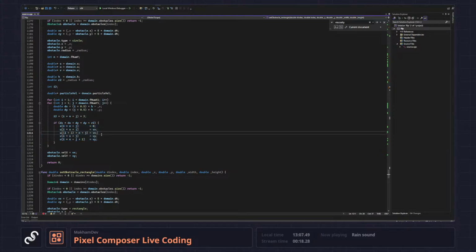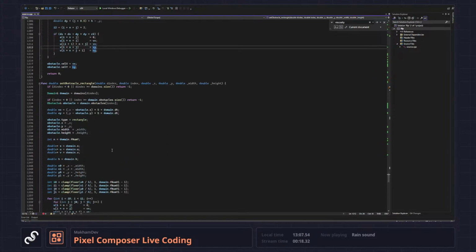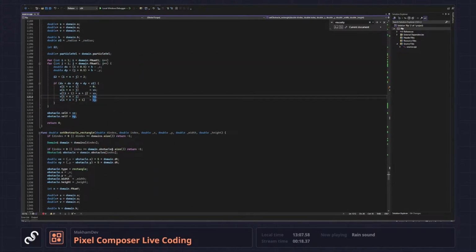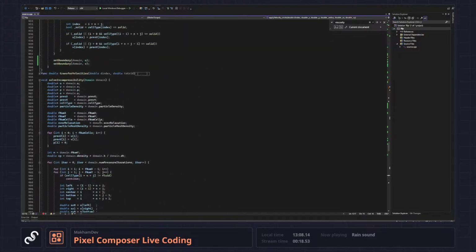So it doesn't affect the particle itself. It doesn't impact the particle speed itself, but it impacts the vector field, the velocity field in the back. But then there's this part that calculates obstacle velocity x, obstacle velocity y,